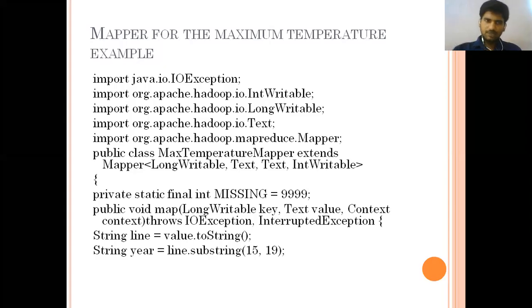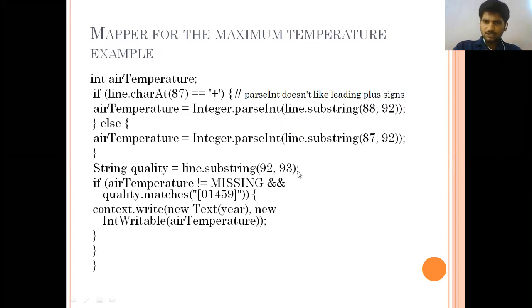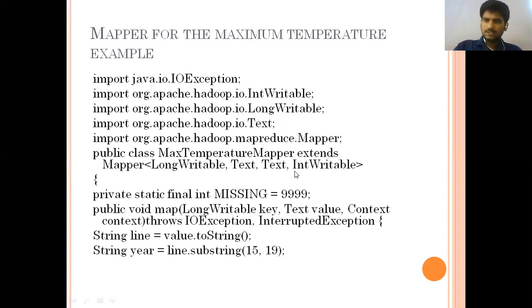Please remember these are the packages we are going to use: input, output, exceptions, and writable, IntWritable and LongWritable. If we have text data and integer data, finally we are going to consider integer, and that's why we give the wrapper class as IntWritable. So we need to consider only integer data. Some final data is missing, all the data, what is the highest, why is it 99?